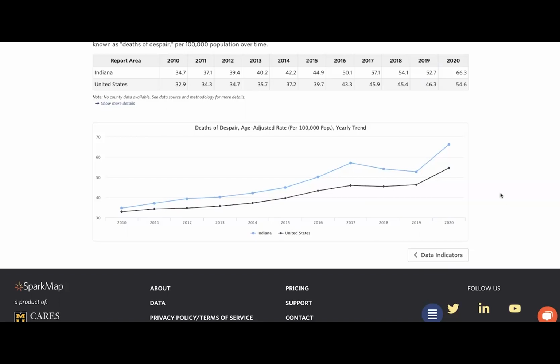Okay, so we discussed lots of information going through this report. To meet my objective for creating the report, what can I tell my client are the strengths, areas for improvement, and recommendations for improving the health of those in Clark County, Indiana? Let's go back to the PowerPoint and summarize.